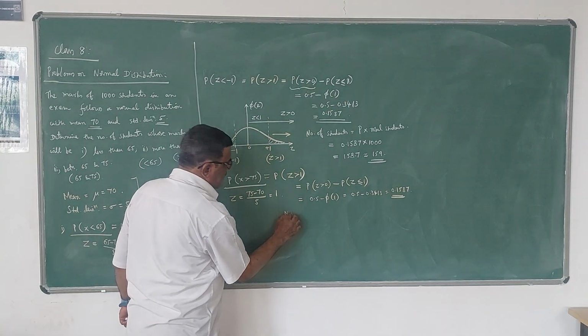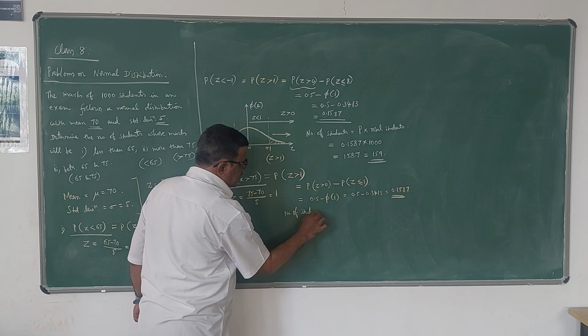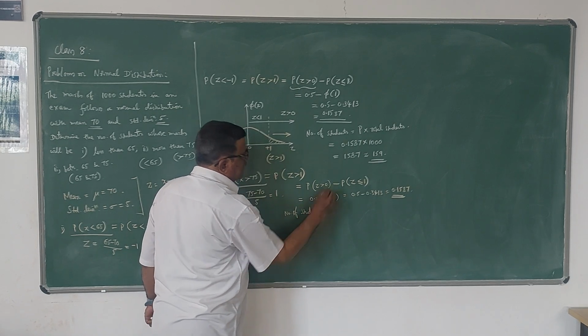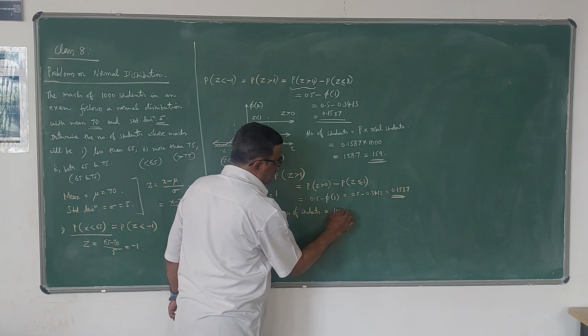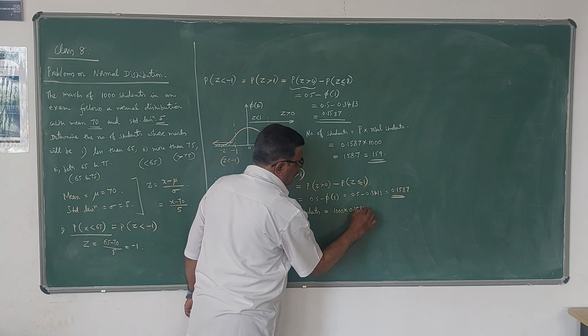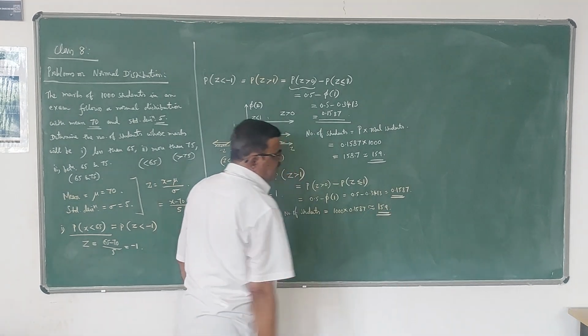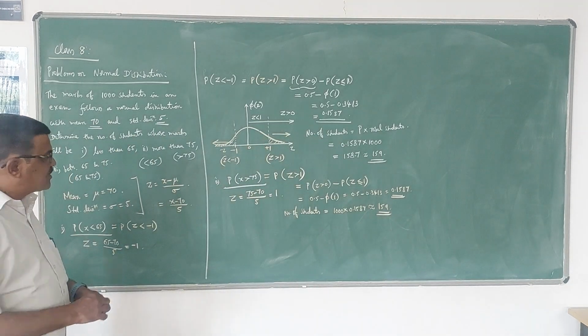So the number of students getting more than 75 marks is the same thing. 1000 into probability, which is the same, 0.1587. So it is 159 students. This is for the second. Next, for the third,